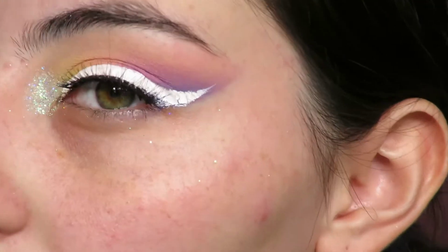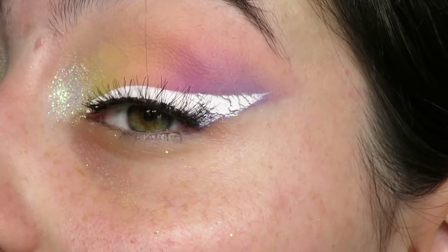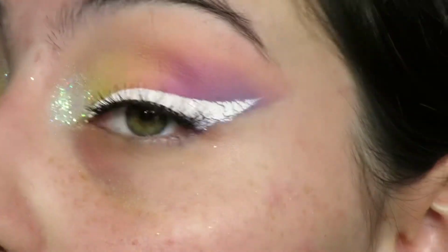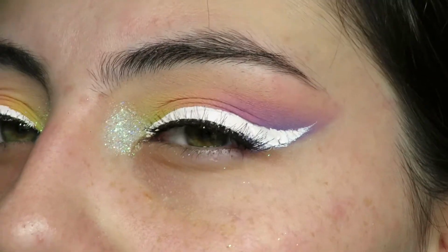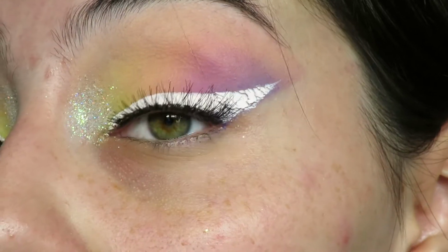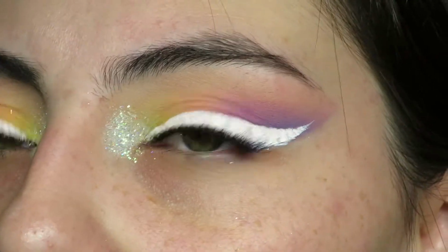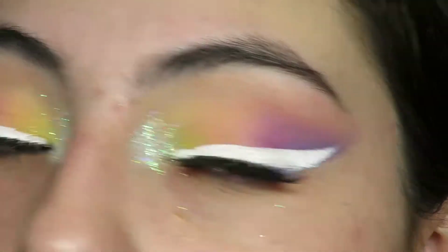Look, I'm going to zoom you in and you're going to get up close and personal. But look at my liner. It's cracking a ton. I don't know what it is. Maybe I got a bad batch. Maybe it's the formula. Maybe it's the liner with the eyeshadow. I have no clue. But every single time I apply it, it cracks. I mean, the pigment's amazing, but look. I'm going to try to fix it at the end of the video so it doesn't keep on cracking, but